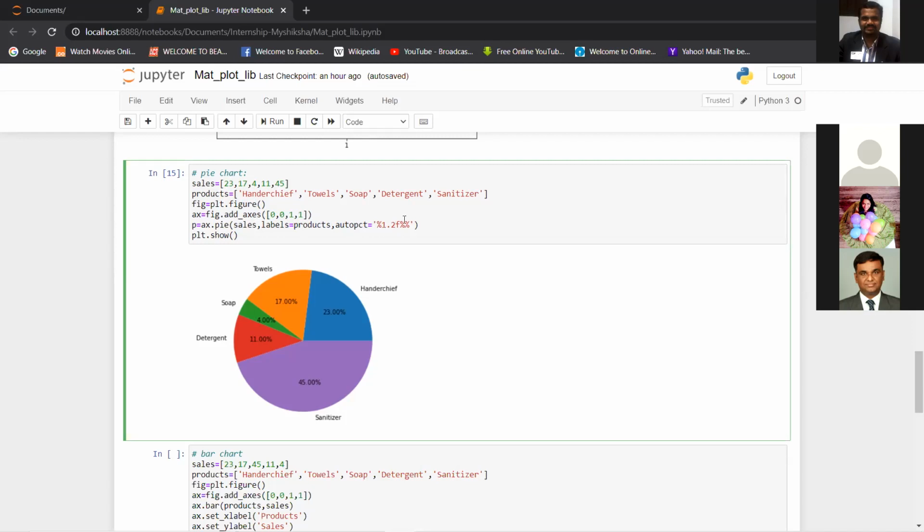How can I tell you what the use of this is? Basically, whatever you see after the decimal point is the number of digits you are going to see in your pie chart. So now it is 2.2, so you are seeing 2 digits. If I make it 3, I'm going to see 3 digits here. Right now I have assigned everything as integers, not floats, so everything will be .000. So this is basically the format.